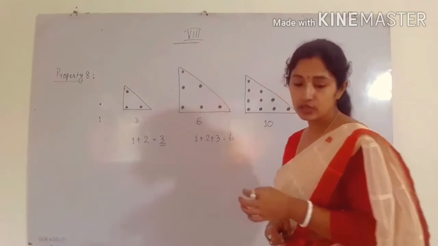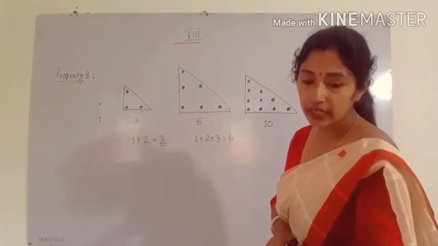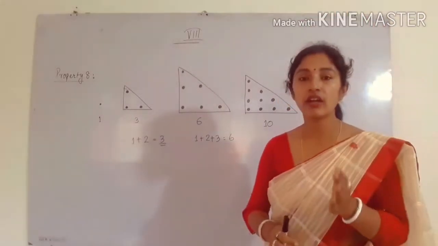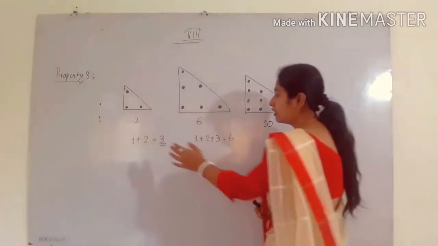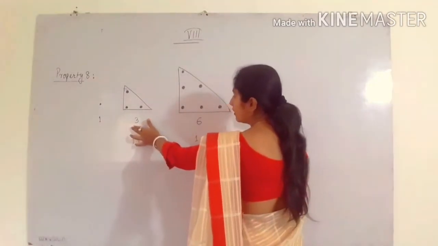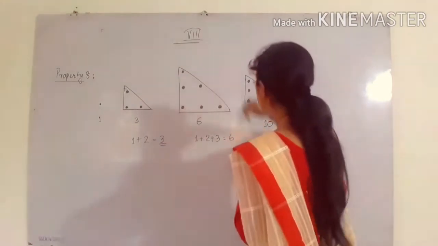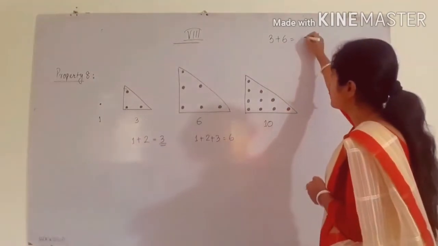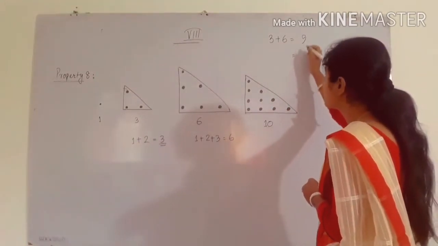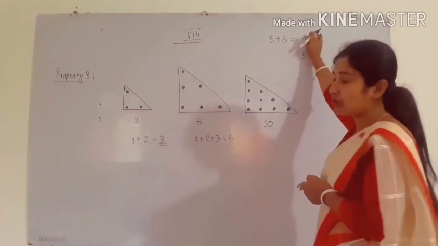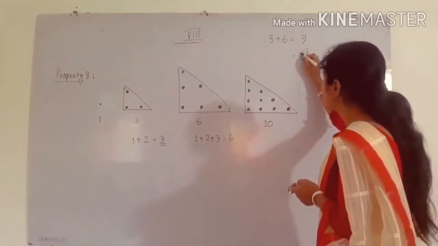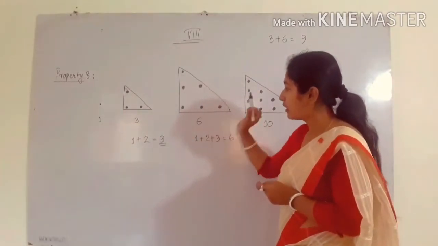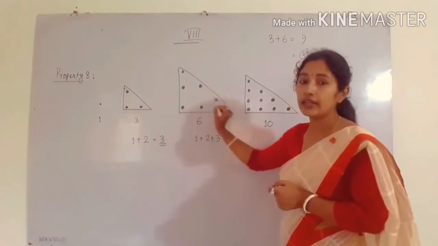See, what will be the conclusion? The conclusion is you have to take 2 consecutive triangular numbers. 2 consecutive triangular numbers means one after another. So if I take the first triangular number, I am taking 3, then next I have to take 6. So what is 3 plus 6? You have to add 3 and 6. 3 plus 6 is equal to 9. And 9 is a square of what? 3. 3 square is equal to 9. So what is this 3? See, this 3 belongs to this triangle. Okay, and where is 3? 1, 2, 3. That is the highest term.